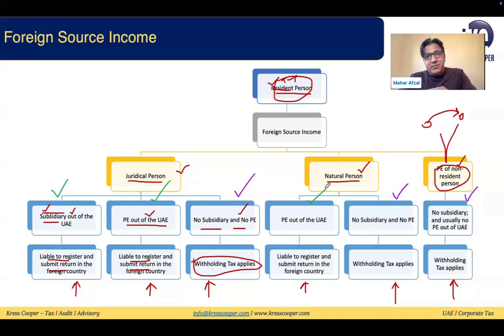Now, once this tax is being applied out of the UAE, this income is subject to tax in the UAE as well. So the UAE authorities will be asking them to pay the tax in the UAE. They will be saying they have already paid the tax out of the UAE on that income. So this is the reason the concept of foreign tax credit has arisen. That we will be discussing in detail.